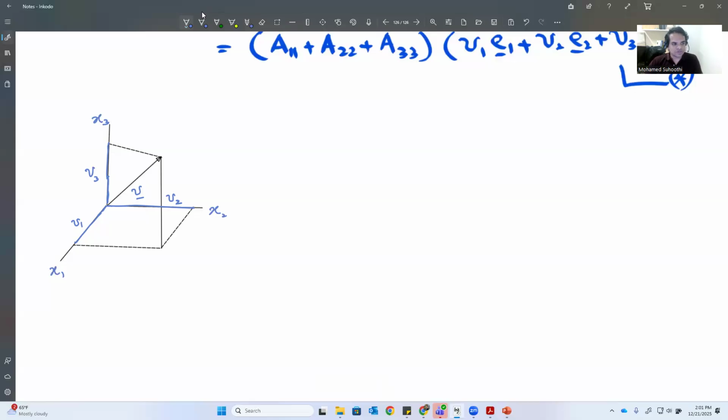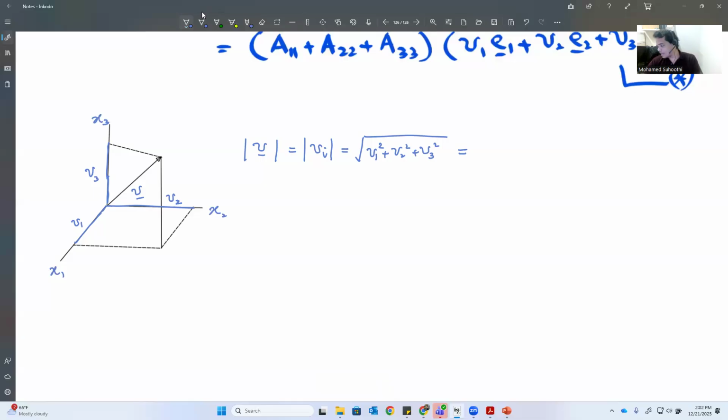So now you studied three dimensions, 3D systems. If you want to find the magnitude of the vector, which we represent as |V|, it's a Pythagoras, right? So you have to apply Pythagoras theorem for the three dimension case. You will get V1 squared plus V2 squared plus V3 squared. Now if you write it in index notation,